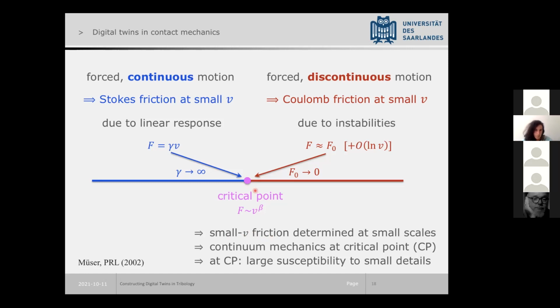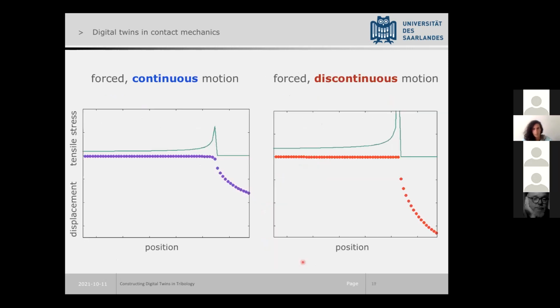And that basically means that continuum mechanics for a propagating crack point is a critical point. And that means that you're very susceptible to small details. And just to show how the motion is different for continuous and discontinuous motion, I'm showing here a movie of